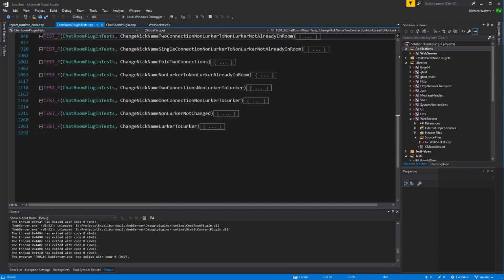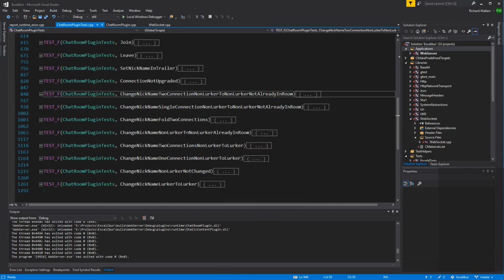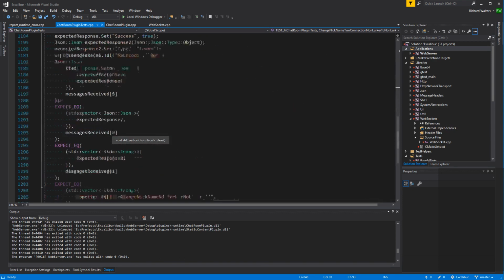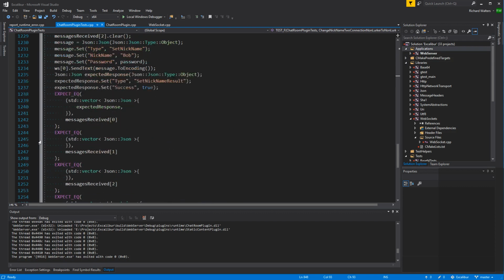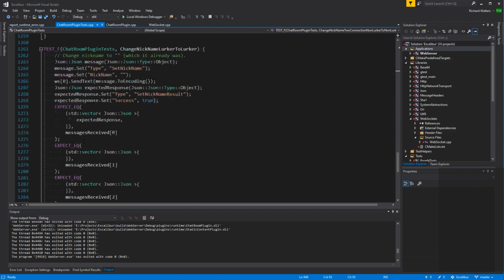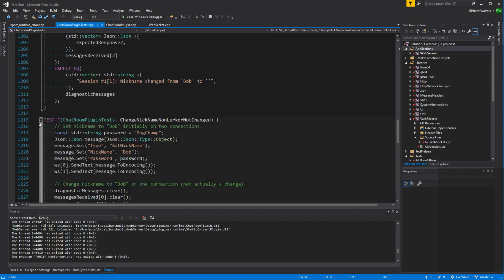So I think we'll just build in a tell to change non-lurker to lurker, right? Where is that test? Okay, this one's as good as any. I just need to copy from a test that actually does a tell.